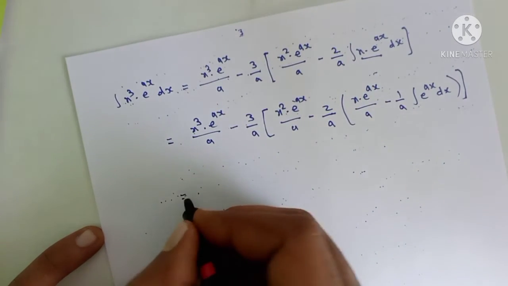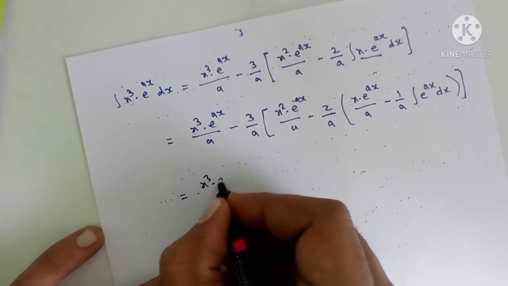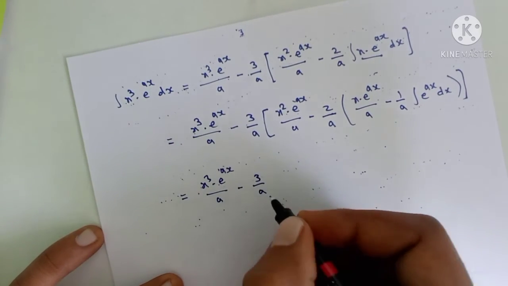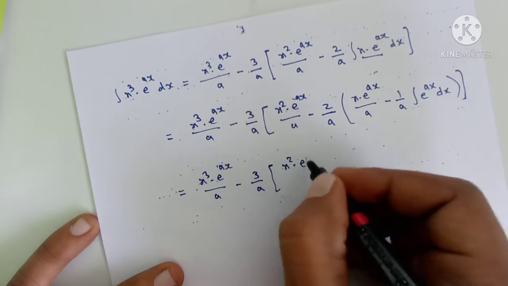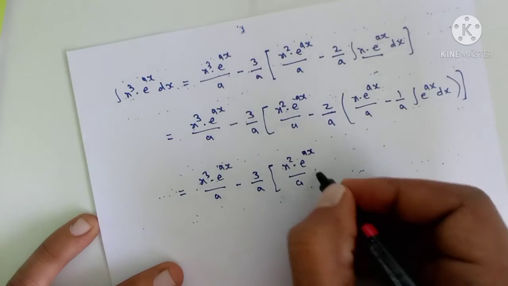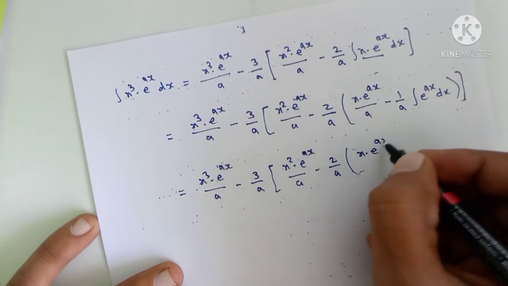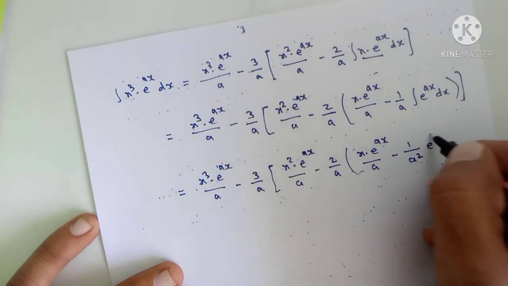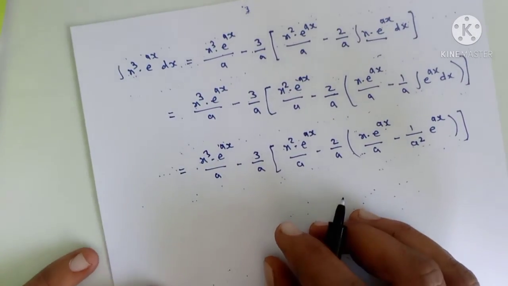Now it is equal to x cube into e raised to ax divided by a, minus 3 by a into x square into e raised to ax divided by a, minus 2 by a into, in bracket, x into e raised to ax divided by a minus 1 by a square into e raised to ax, because the integration of e raised to ax is e raised to ax divided by a. Now